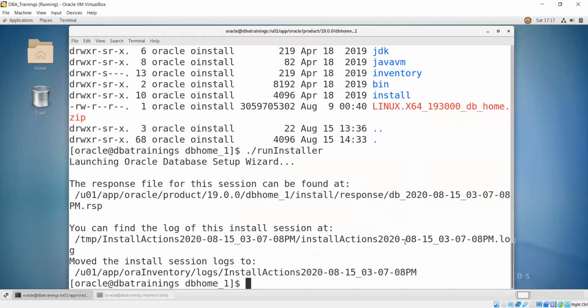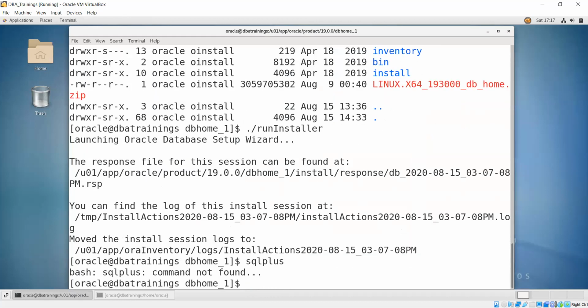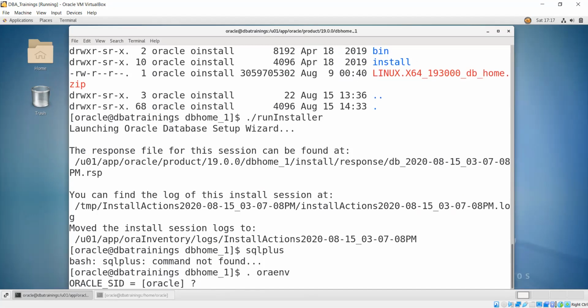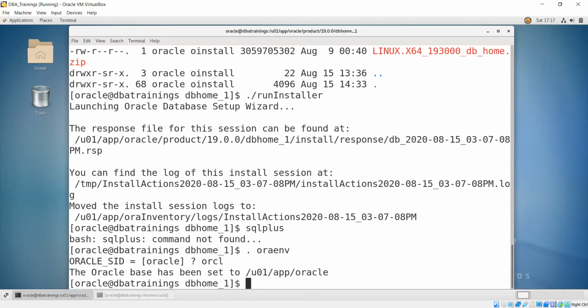Now before going further, let me try to get that. Environment variable we need to set. And the database name I have given is ORCL, if I remember correctly. Good. SQL Plus.